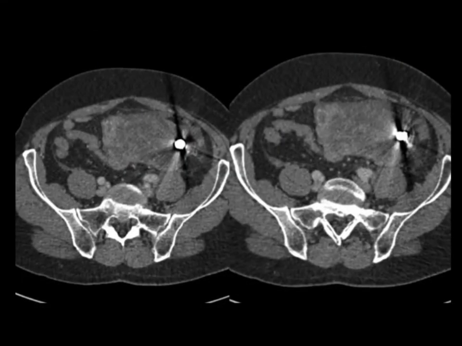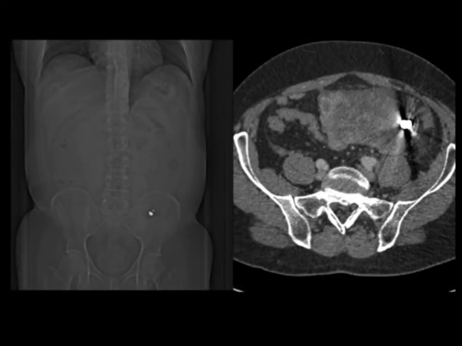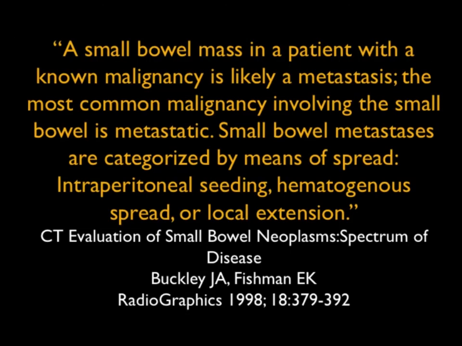And so we told them that, but somehow they decided to do a capsule endoscopy, and there's the capsule sitting there very nicely, not bothering anybody, but it's going nowhere. So hopefully the tumors will get smaller and the capsule will pass, but you can see the only way this capsule is coming out is going to be surgery. Now, this case was metastatic disease to the small bowel, which gives me a good segue into